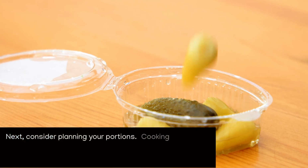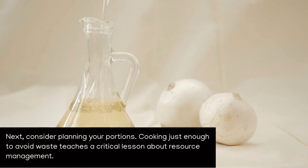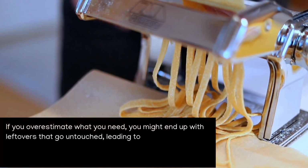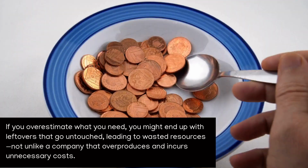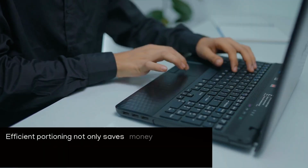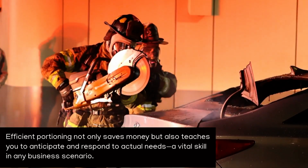Next, consider planning your portions. Cooking just enough to avoid waste teaches a critical lesson about resource management. If you overestimate what you need, you might end up with leftovers that go untouched, leading to wasted resources, not unlike a company that overproduces and incurs unnecessary costs. Efficient portioning not only saves money but also teaches you to anticipate and respond to actual needs, a vital skill